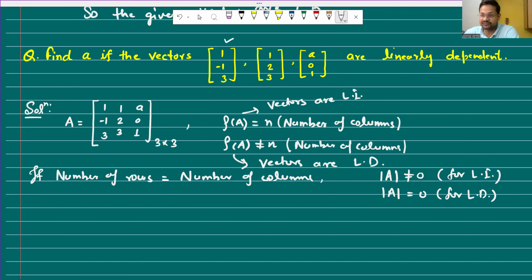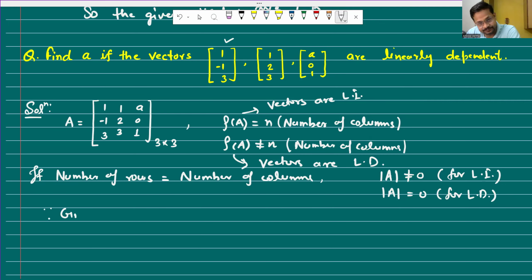ओके, सो रिमेंबर कि अगर वेक्टर्स हमारे पास LD हैं और दे फॉर्म अ स्क्वायर मैट्रिक्स, इट मीन जितने उसमें नंबर ऑफ रोज हैं जितने नंबर ऑफ कॉलम्स हैं, तो स्क्वायर मैट्रिक्स का ही डिटर्मिनेंट पॉसिबल है। The only we find the determinant is for the square matrix. Okay, so in that case the determinant will be equal to zero. So if it is given that vectors are linearly dependent and they form a square matrix by writing all the vectors in columns, then हमारे पास आपको क्या निकालना होगा? डिटरमिनेंट इक्वल्स टू जीरो।